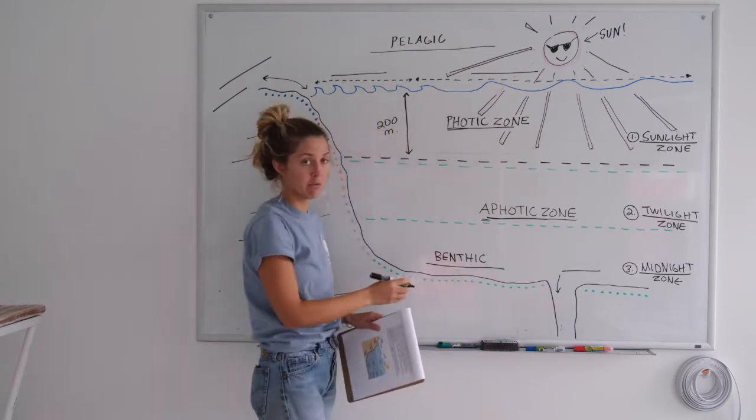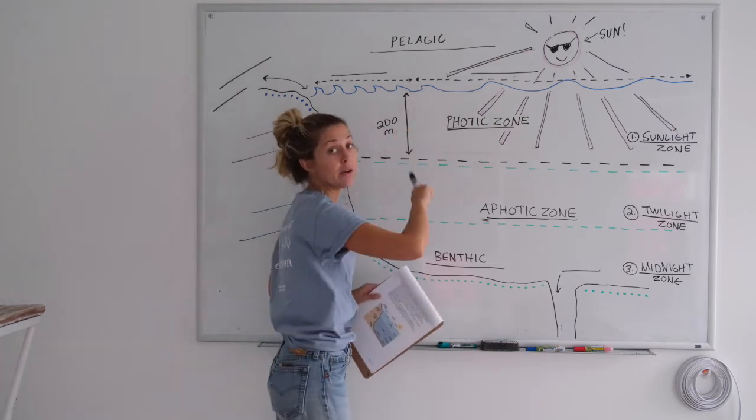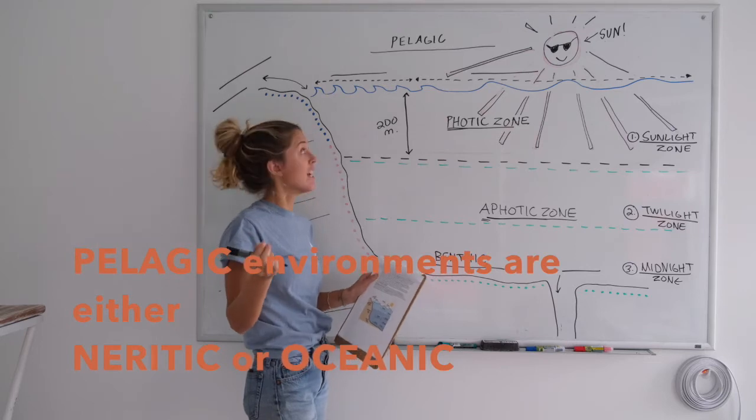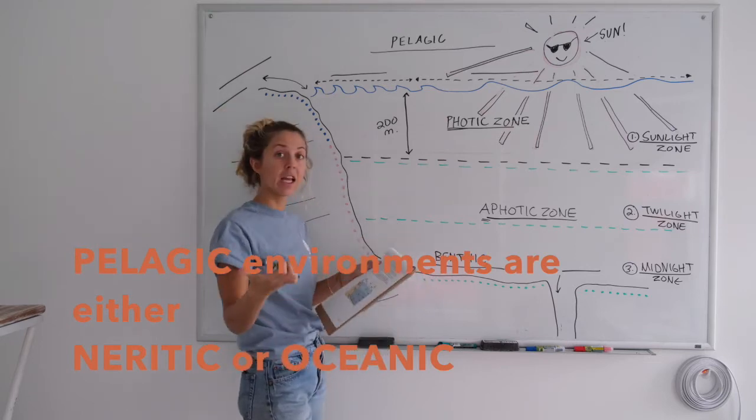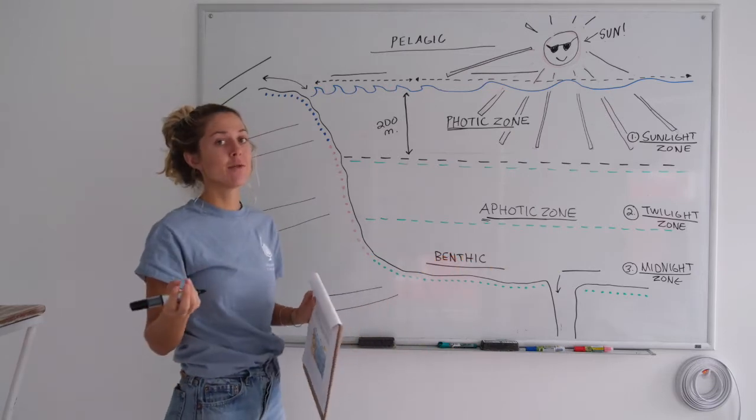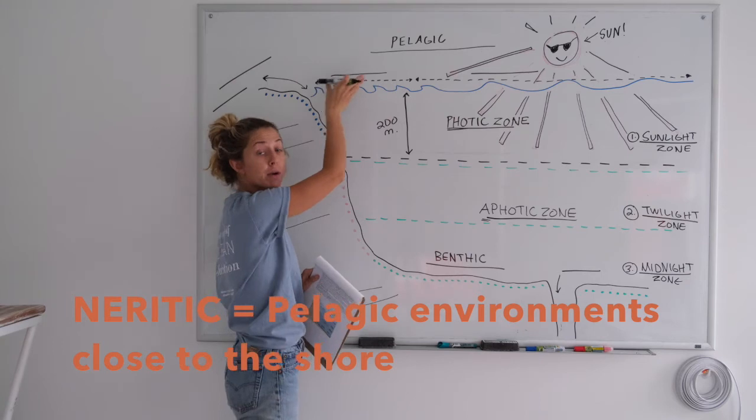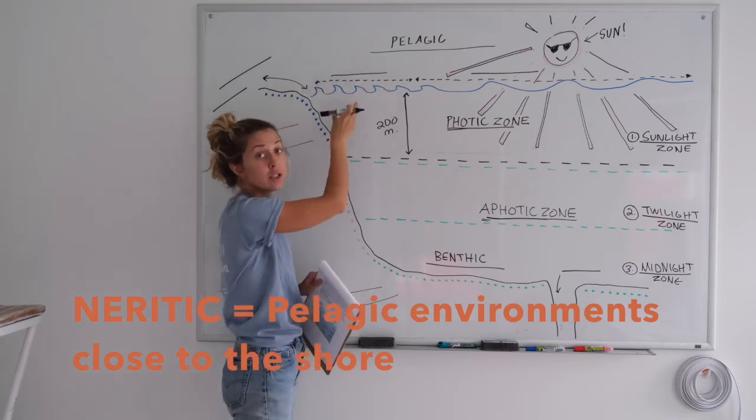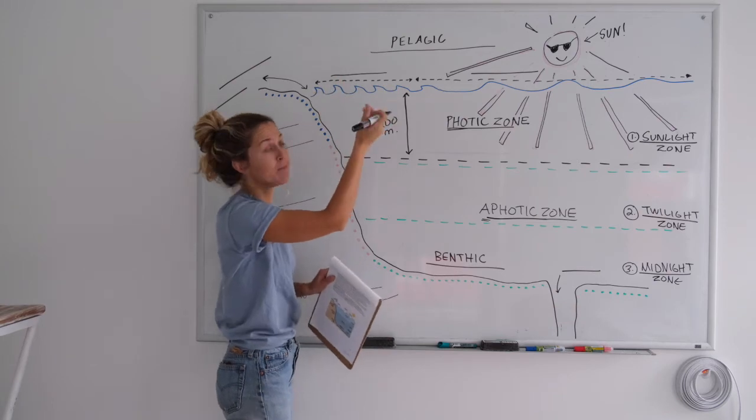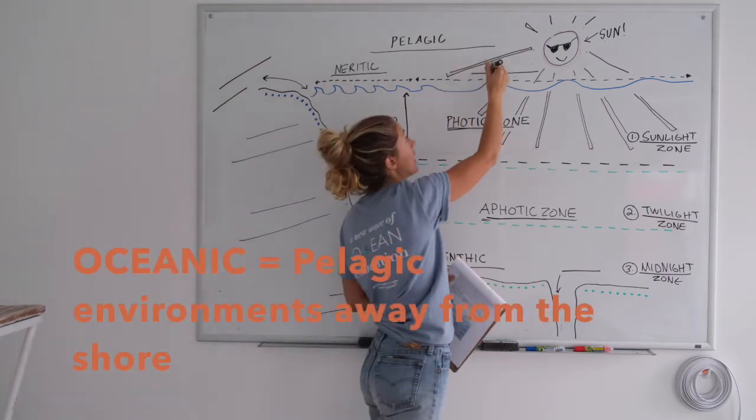Benthic environments just relate to the floor itself, as opposed to pelagic, the open ocean. Pelagic environments are further categorized as either neritic or oceanic. Neritic, can everyone say that word? Neritic environments are pelagic environments that are close to the shore or close to the continent, close to the land. So you have neritic environments close to the shore and oceanic environments